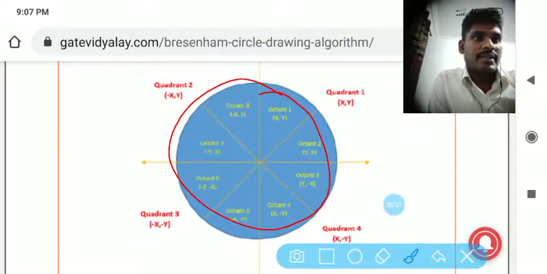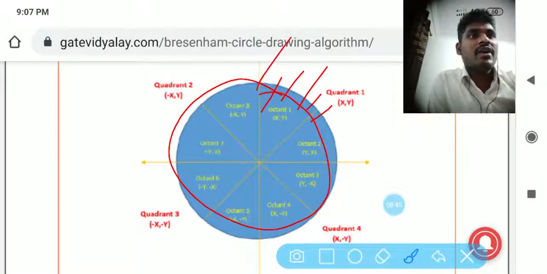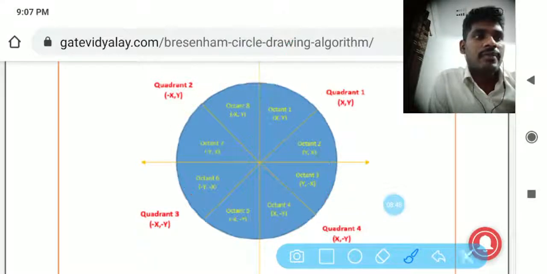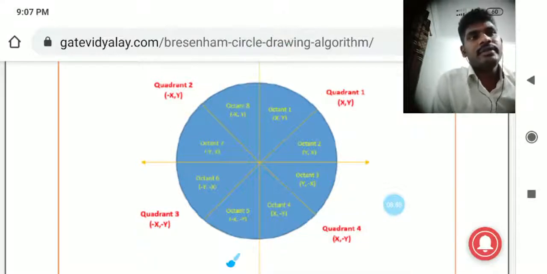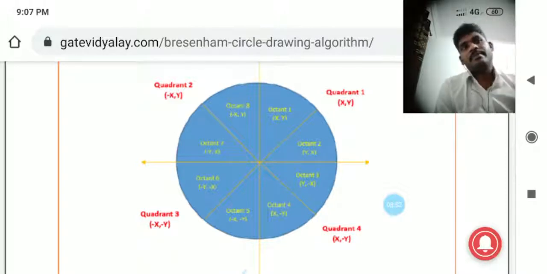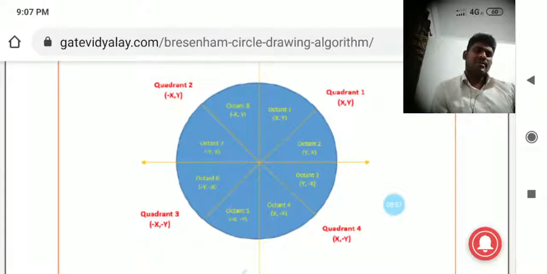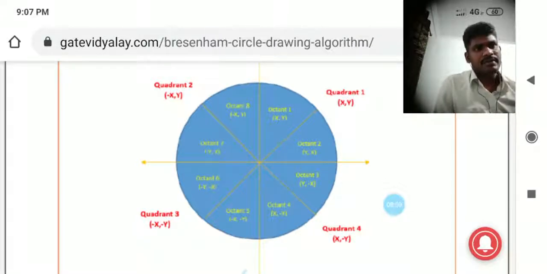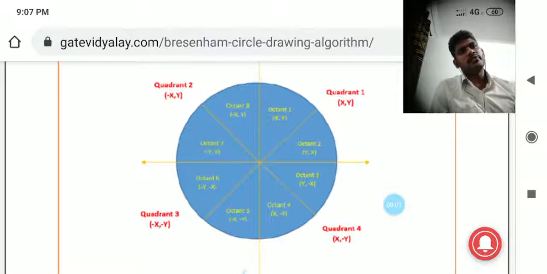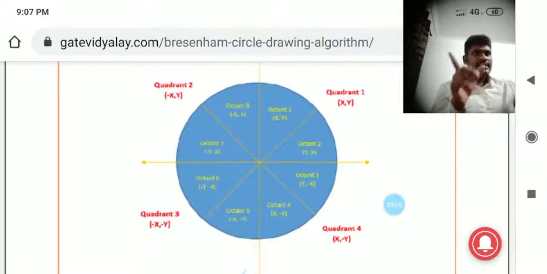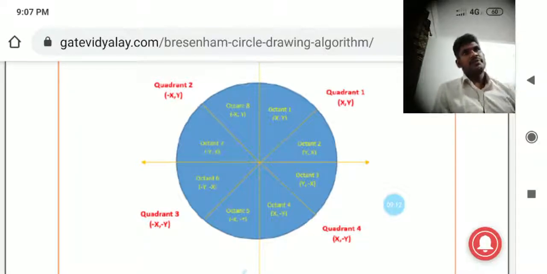Now listen, in this circle, where do you want to start the origin point? Here or here or here or here? Where you want to start depends on the decision parameter. So we will see each and everything. When you draw a circle in computer graphics, you have to select the pixels, and those pixels are based on the